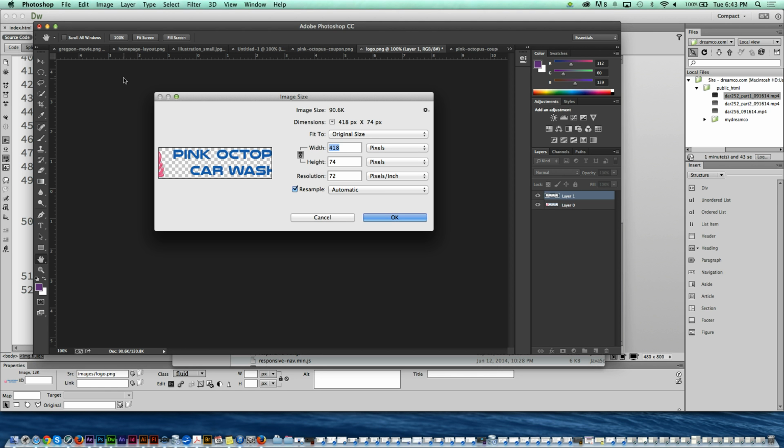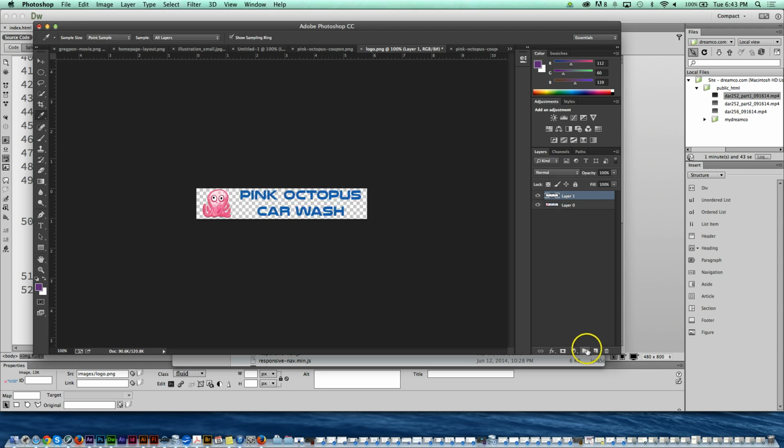Now what that would allow us to do is to make a logo that is exactly this size and cover this one with our artwork and simply save it as the same name in the same location, and therefore replacing the pink octopus, right? So for example, let's say that I wanted to make a new design for this. I might click on my layer palette here and create a new layer in Photoshop.